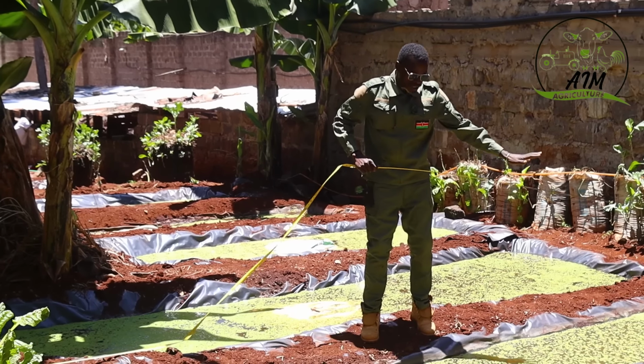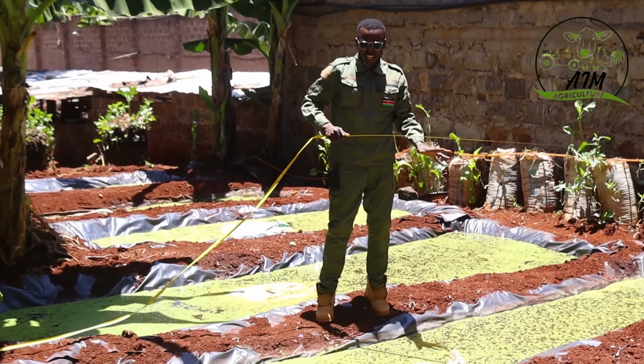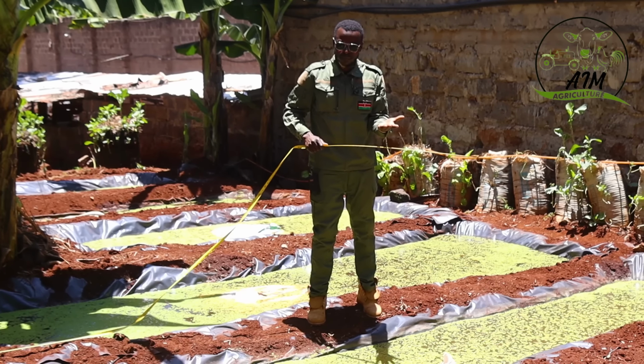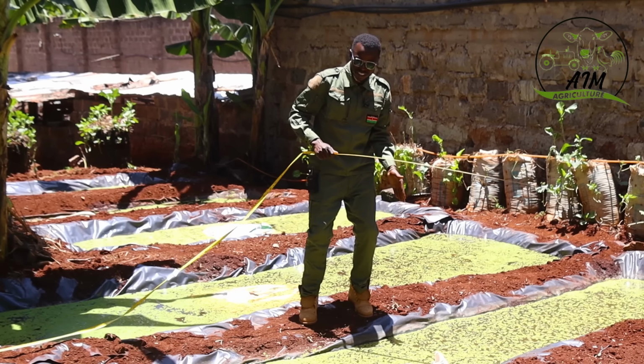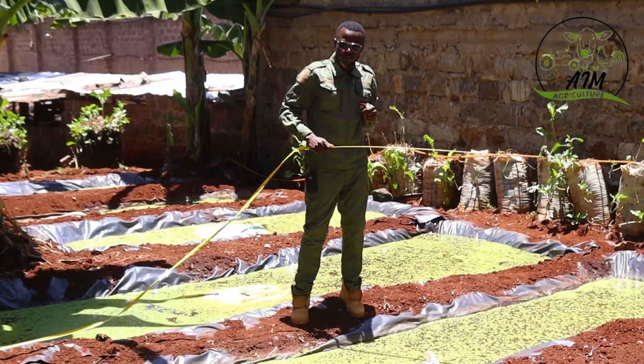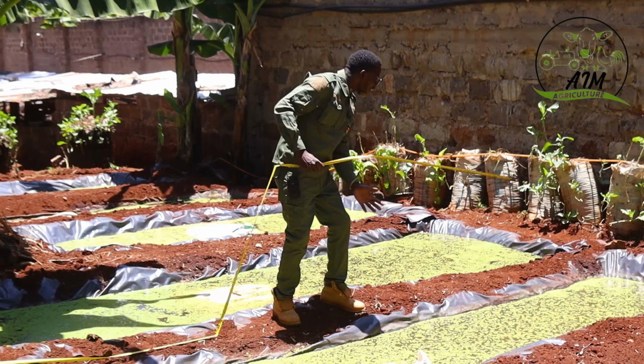You will dig a pond. And it's not a must to dig a pond. You can do raised ponds for production of Azola, or you can do sunken ponds for production of Azola. In this case, we're using sunken ponds. So, you will dig a pond of any convenient length,